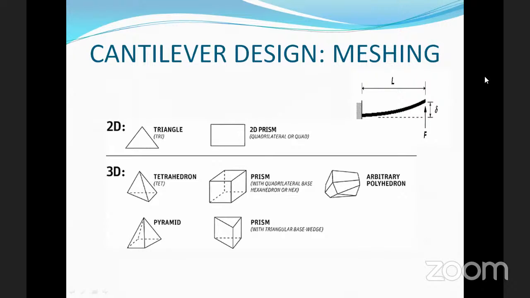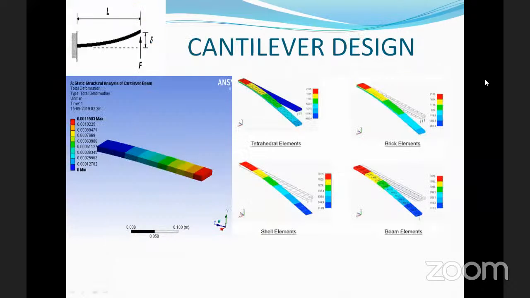The tetrahedral is used. Manhattan bricks is one of the popular types of meshing that is used. Pyramid-shaped and prism-shaped meshing is also used. After the meshing process only, it is subjected to analysis. Next slide. The basic analysis is the mechanical type of analysis, which applies the force on